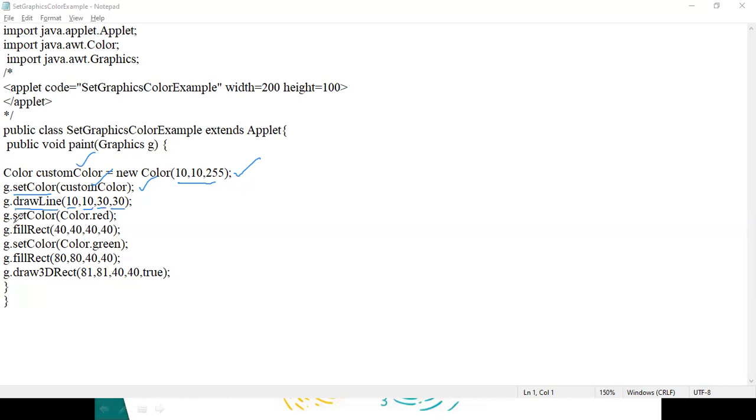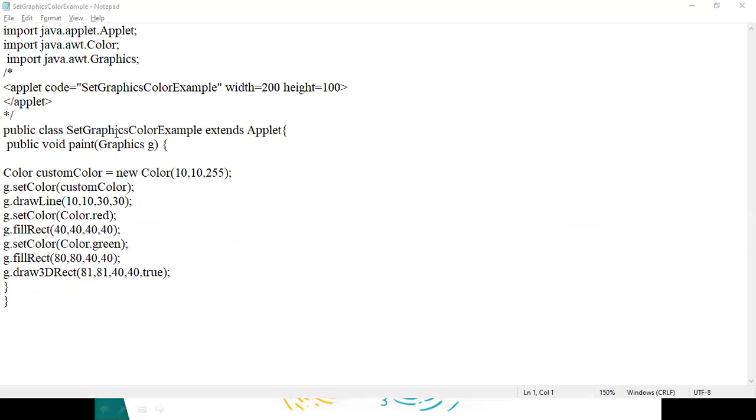Now, I'm taking a different color. I'm setting the color to red. So I'm filling the rectangle. These are the dimensions. This is the size of the rectangle. I'm filling with the red color. Next, I'm taking one more color, that is green color. I'm filling the rectangle at this x and y, and this is the size. The color is filled with green. Then I'm drawing one more rectangle, that is a 3D rectangle. So 80 means you are taking 81, so that maximum it will overlap, right? And you are making it true, which means that it will be visible, right? This is the size. Now, if you see the output of this,